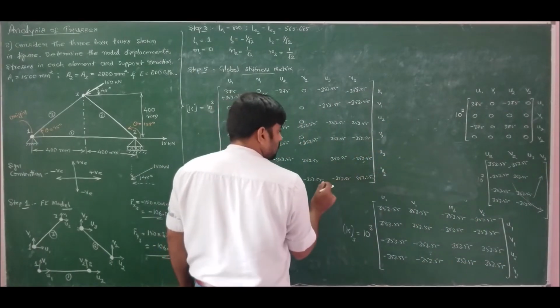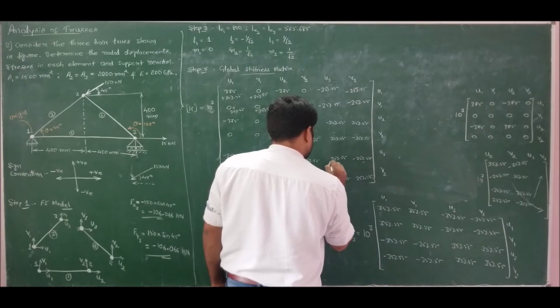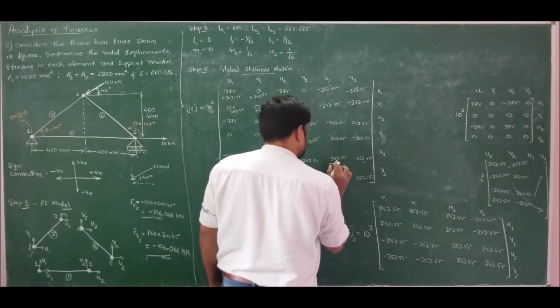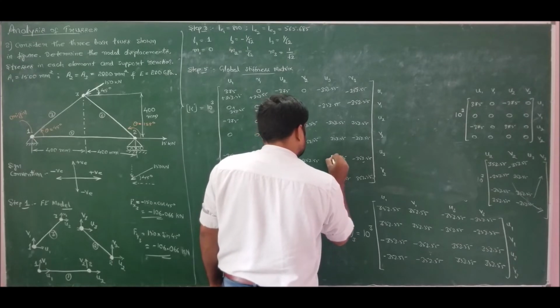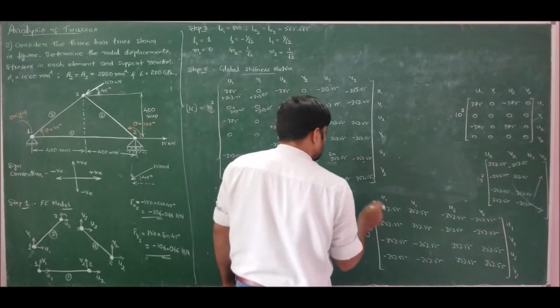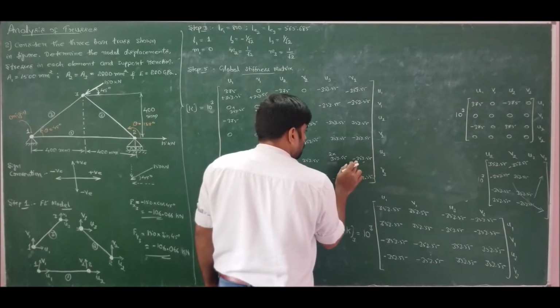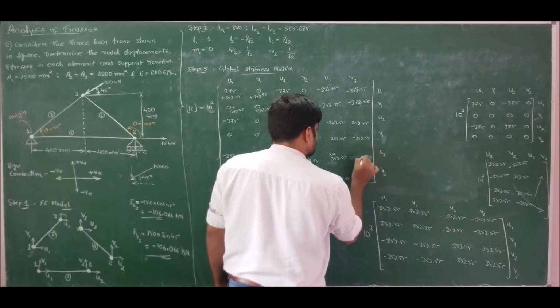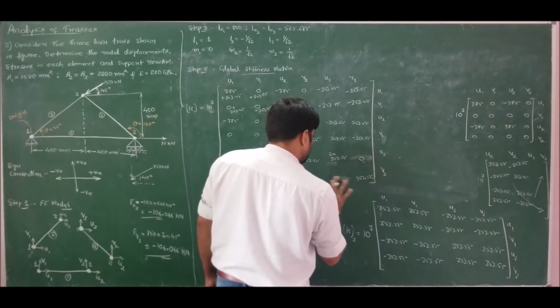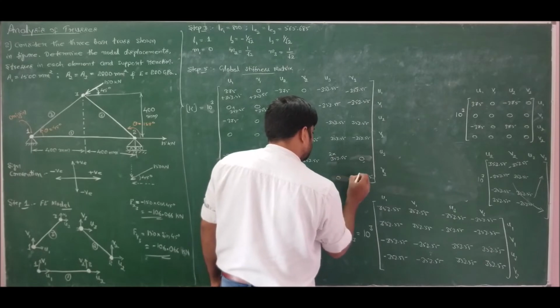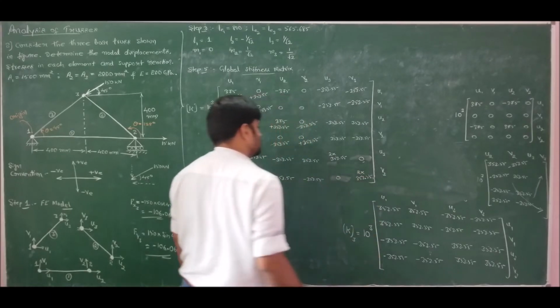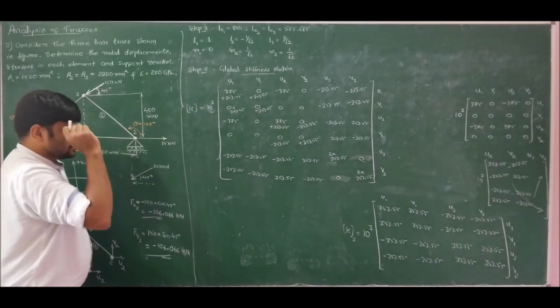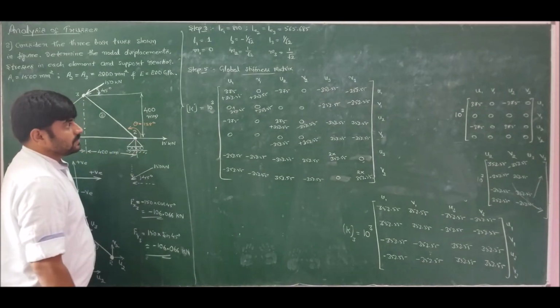So we get added here. So I will write it as plus 353.55 will become 2 times. So therefore, will become 2 into. Now here I should add. So therefore, plus into minus will become 0. Here I should add, it will become 0. Here I should add, it will become 2 times. So this completes the assembly of global stiffness matrix.